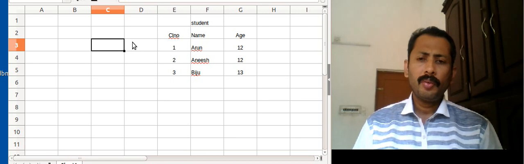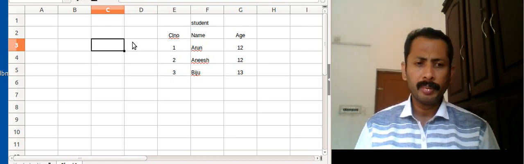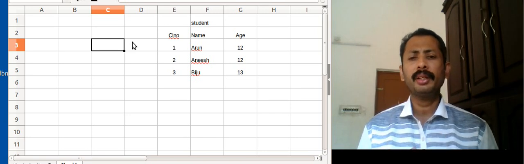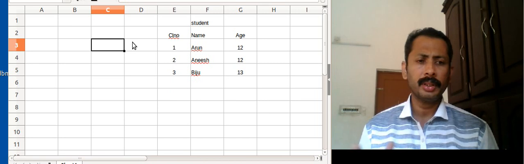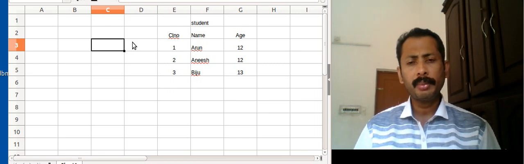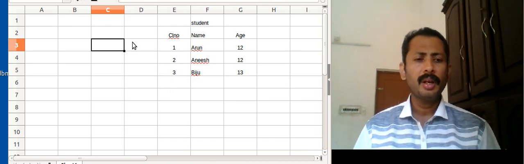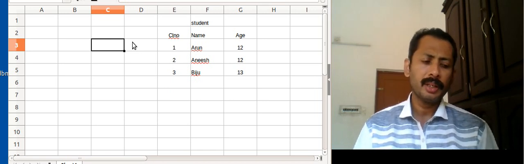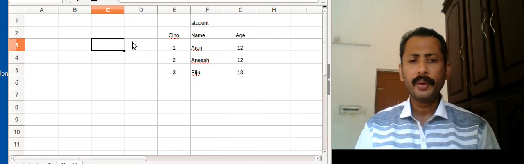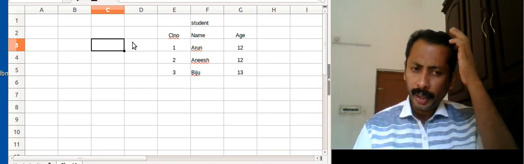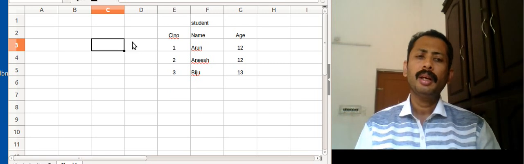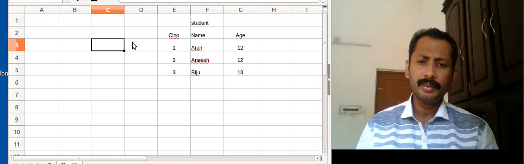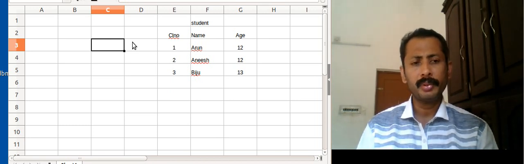Now while writing the heading class number, in my mind I have the feeling that in the class number column there will be only numbers. Class numbers are numbers 1, 2, 3, 4, etc. Likewise, in the column name I will be writing the names, and in the column age I will be writing numbers.